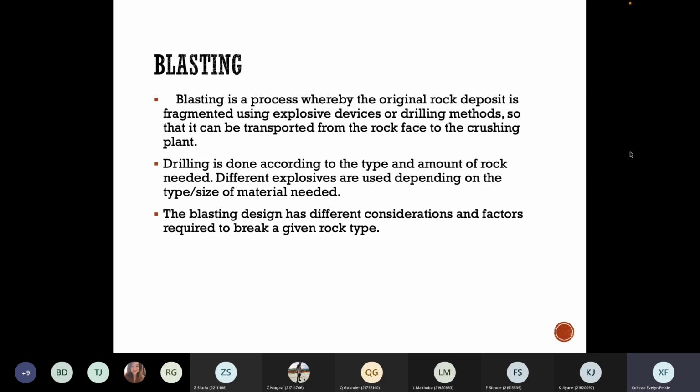Drilling is done according to the type and amount of rock needed. Different explosives are used depending on the type and size of the material. The blasting design has different considerations and factors required to break a given rock material, rock type. The blasting process, like we said, is a process whereby we're going to fragment